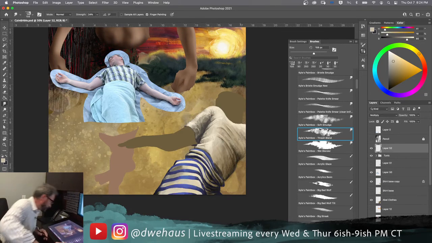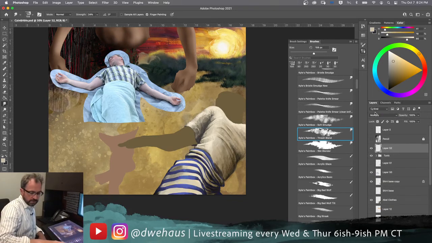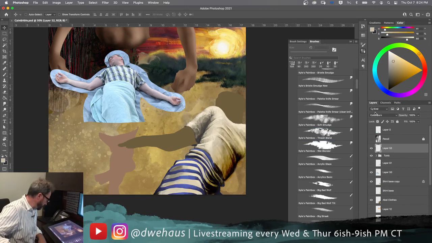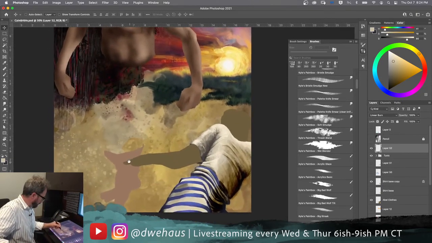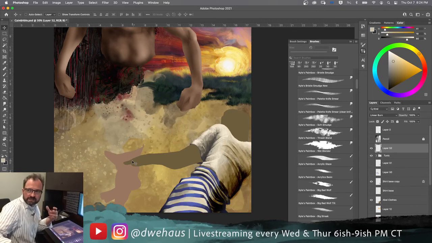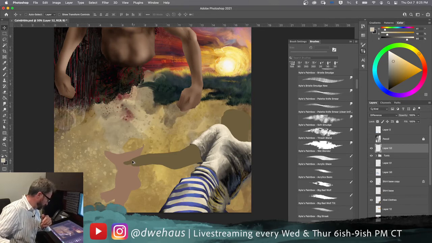Not really feeling that, I have to say. It's too brown. I don't think changing our blend mode is going to help, but we can cycle through those. If you hit V and then Command Option plus, you can just kind of cycle. So that one's a little less brown, but it's kind of intense. Let's turn this off so we can get a feel for what the rest of the painting looks like with the color palette. See, that color palette is too saturated and intense for the rest of our color palette. So let's keep going. Command Option plus. I mean, that could almost work, but